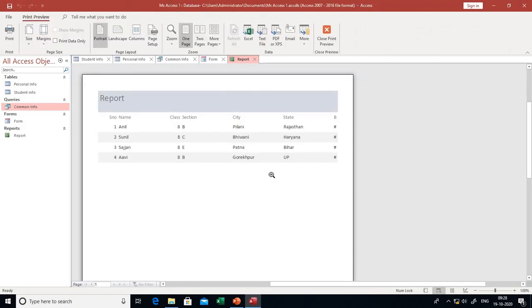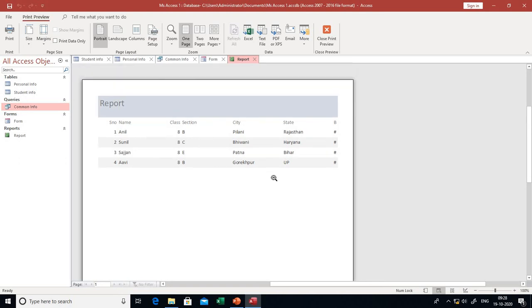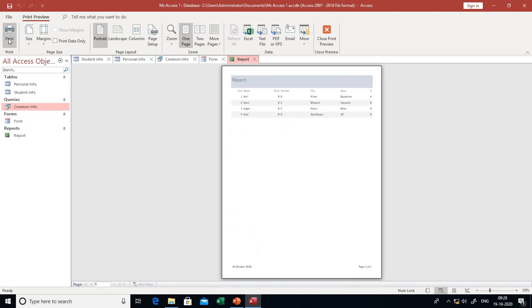Now your report will be visible in front of you and you can easily take a printout of this database. Right click on it and choose print. Otherwise there is a direct option in print preview. You just single click here on the print option and the print properties will open in front of you.